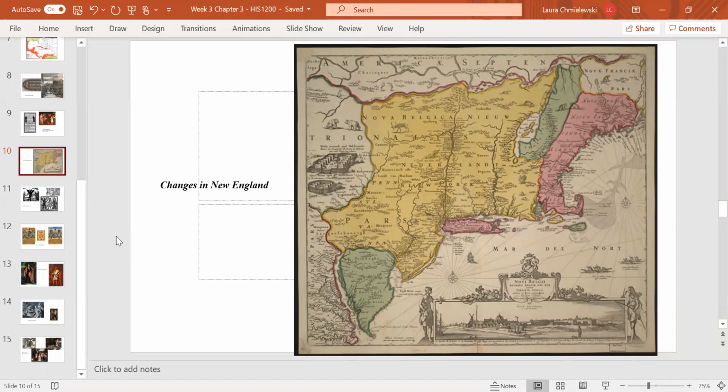So we're going to move away from the topic of slavery for a few moments and address some topics that have to do with the maturing and the changing of American society, or colonial society, in those 13 original American colonies. And in our previous week, I talked a little bit about how in New England, and you would have read about this in your book, obviously, as well, New England has attracted a large number of extreme religious radicals called